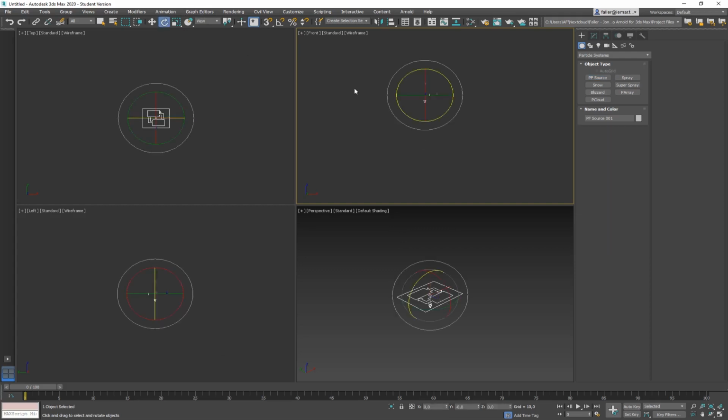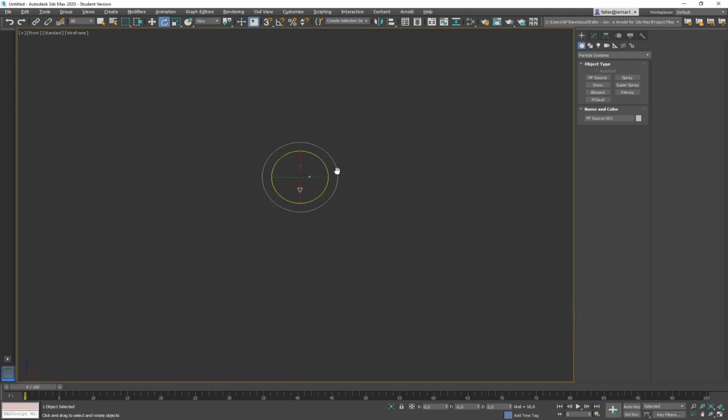You can tell that when you select your emitter, and I'm going to stay in my front view here and maximize it for you guys, use the move tool and rotate it, for example, to point upward, and then you move your time slider, you can see that those particles now will move upwards. You can see there's an arrow, and that is the direction that the particles are coming out. Those little plus symbols stand for, of course, particles.